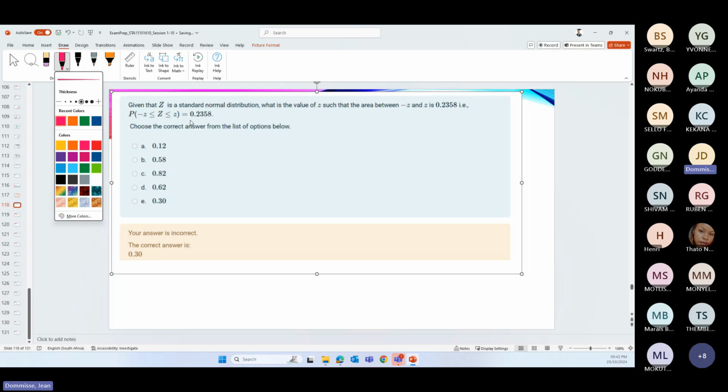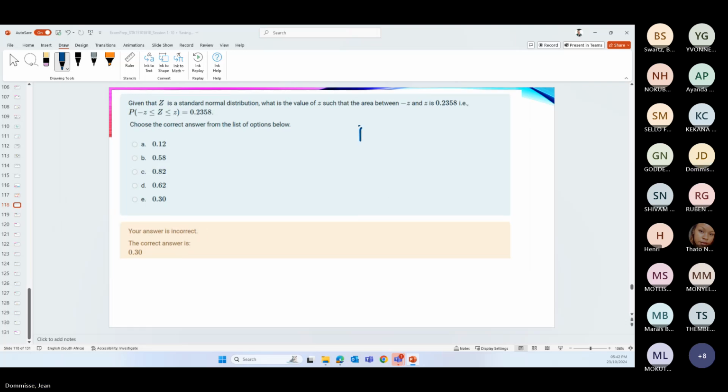This is an interesting one. Let's just again get a nice color here. So what's the probability? So they tell us